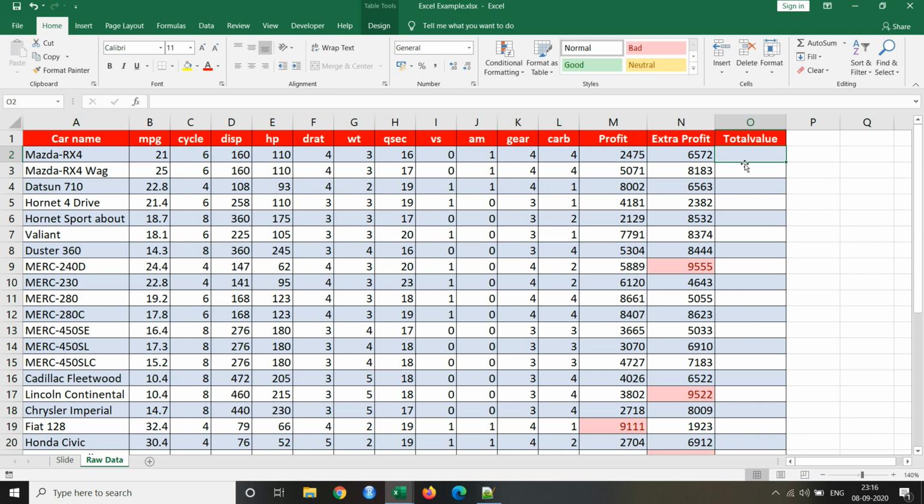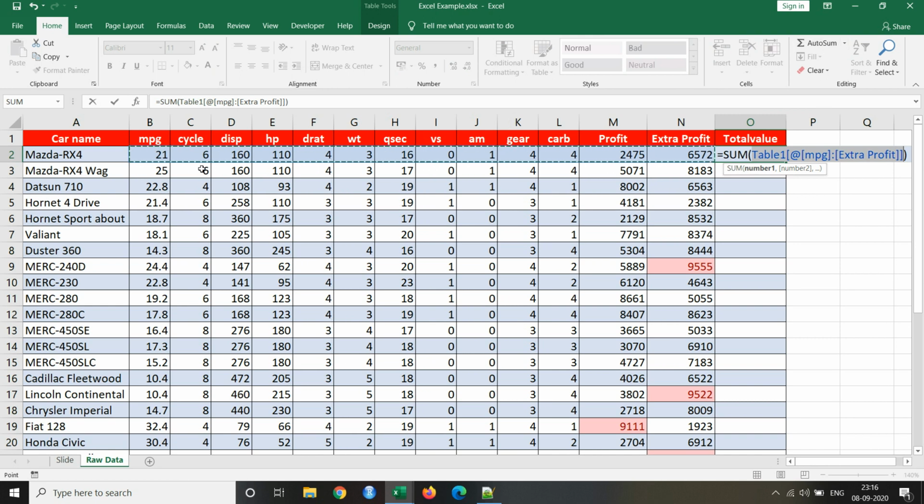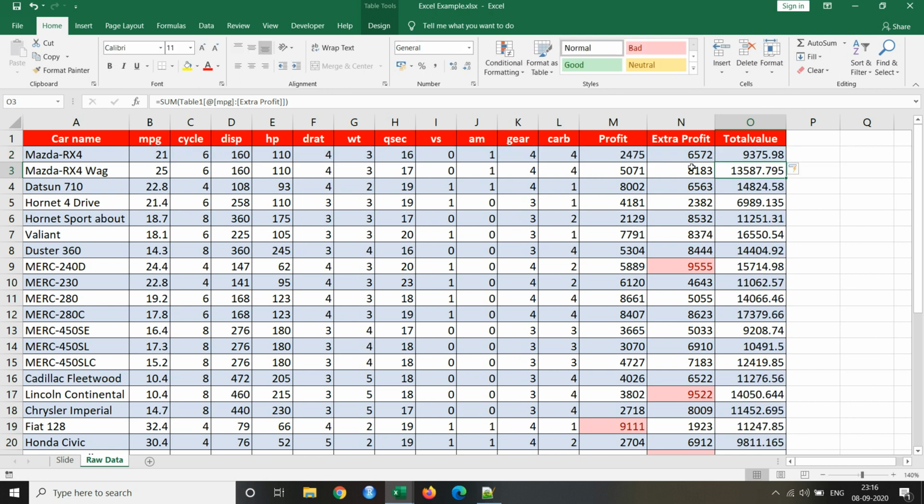So for example, if you want to use AutoSum, where do you need to go? You need to go to Home, and then use this AutoSum. You need to click on this. Once you click on it, you will see that it is taking the entire range in this row which is in numeric format, right? So I'll press enter. Currently this is not our correct value because we are taking the range from MPG till extra profit. But what we need to do is take profit from M and N, right? Now this is the functionality of AutoSum.